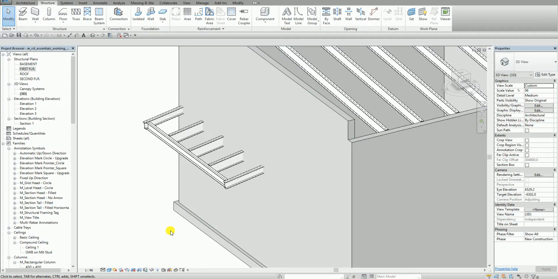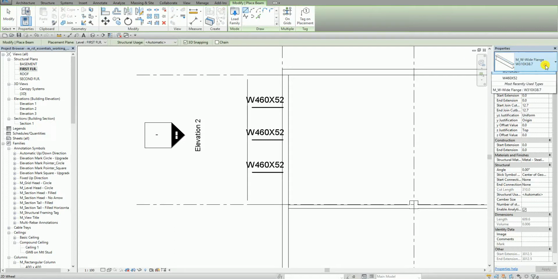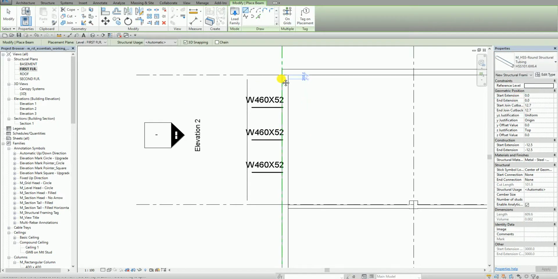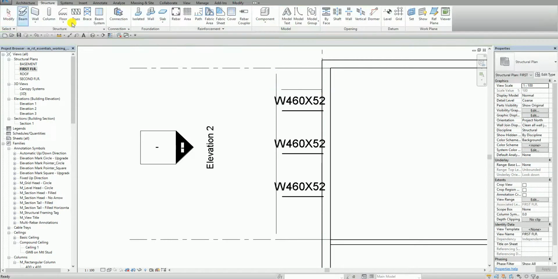Okay, so going back to my first floor, I'm going to complete the slope canopy structure. So I'm going to select here the beam tool, and then from the type here, I use this one, the round structural tubing. Okay, so I select this. Okay, and then to draw the beam in the view window, so I'm going to move my pointer here along this beam, and then let's say I want the distance of let's say 812. Enter. Okay, and then I'm going to pick here. There you go,